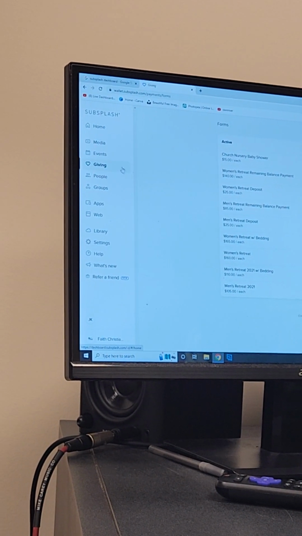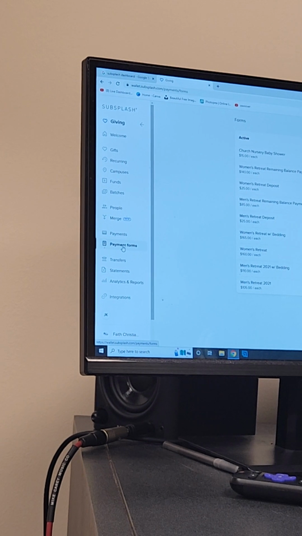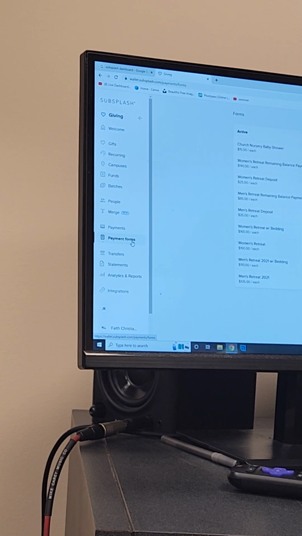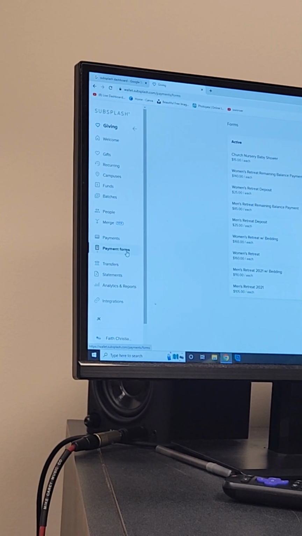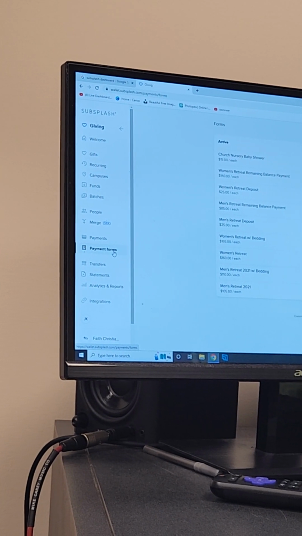Okay. And that's all we have for giving. We have the funds and the payment funds. There's other stuff on here that the financial people here would use, but for editing purposes, those are the only things we ever did. You can edit the way it looks